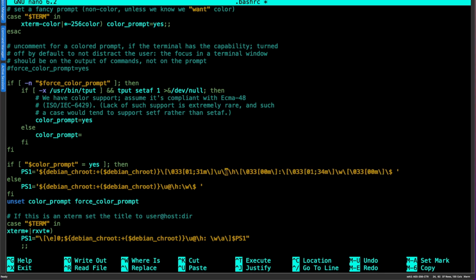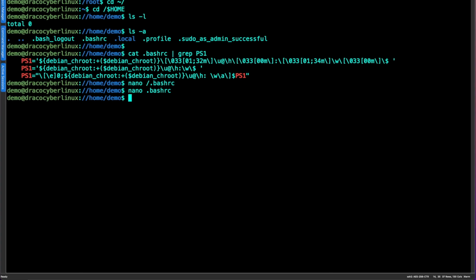What I need to do is \[ to start the escape sequence, followed by \033[00m, and then close the escape sequence with \], right? And then now I would have red as well as @ in system color, right? So if you look at the default syntax, let's go out. Okay, the good news is that you will still see the default colors,